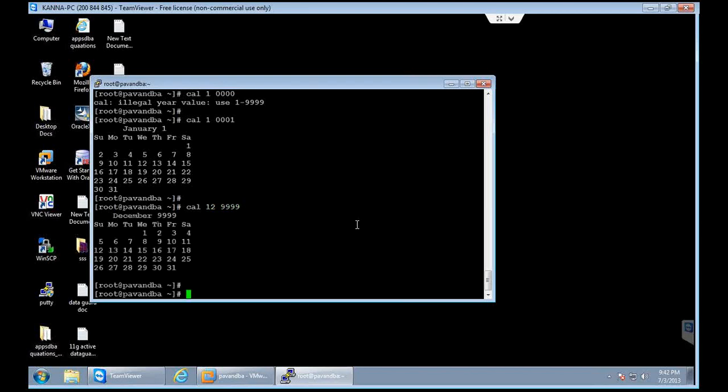Of course, by the time we get to 9999, we will have taken so many rebirths. So that is the minimum and the maximum values that we have.